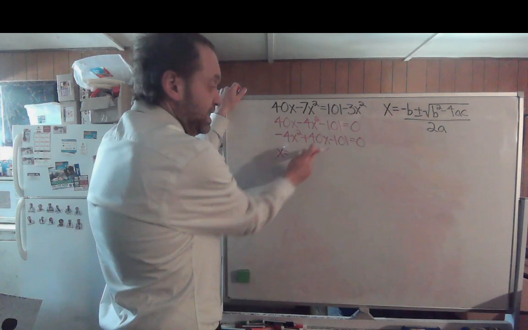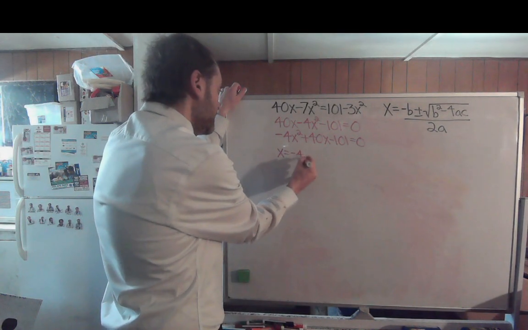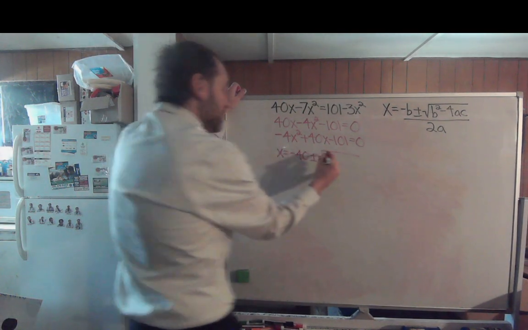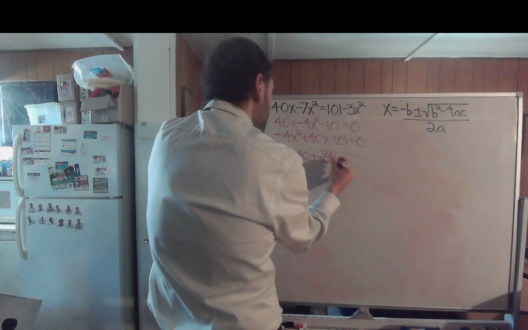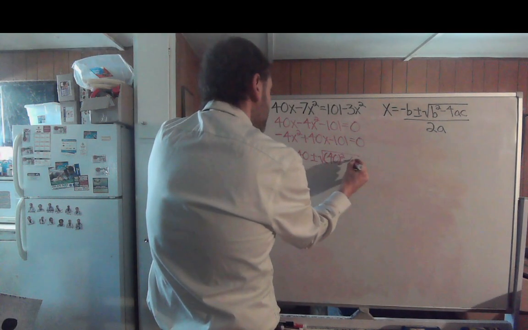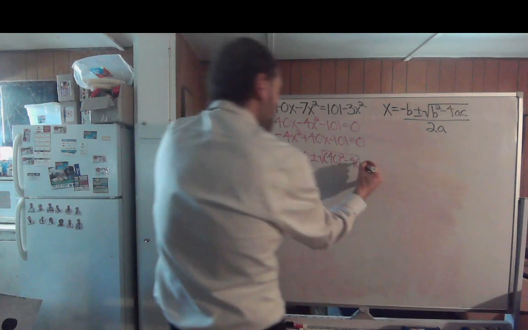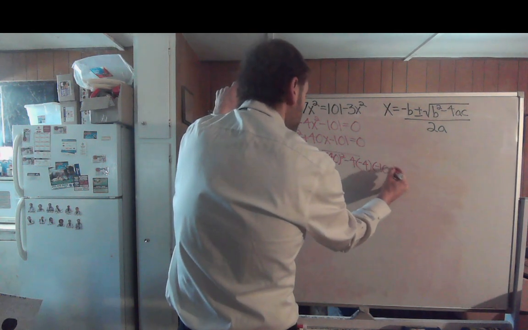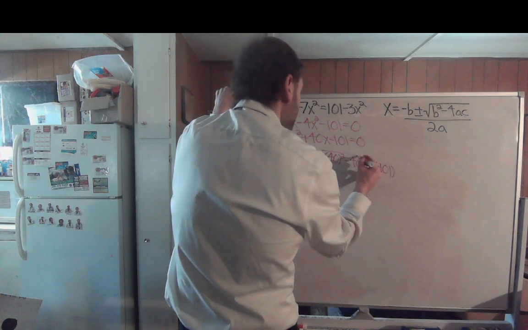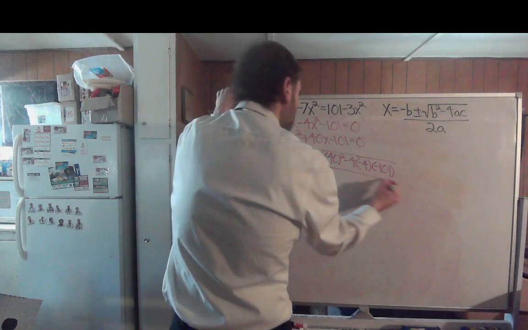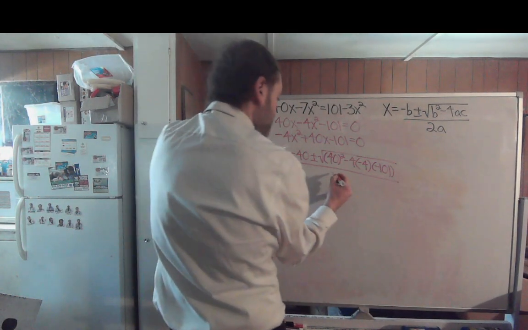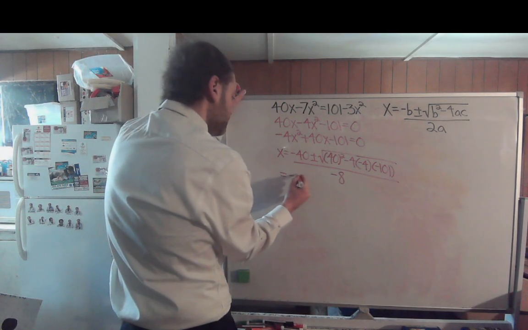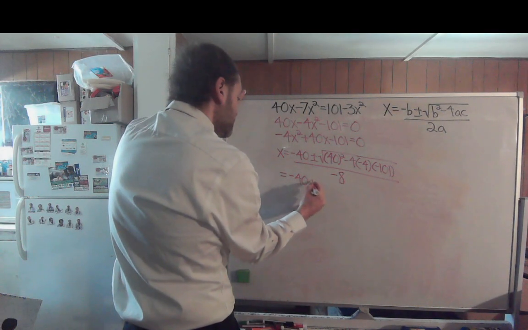X equals the negative of b, that'd be negative 40 plus or minus the square root of your b squared, so that'd be 40 squared, minus 4 times your a of negative 4 times your c of negative 101, all over 2 times your a of negative 4, that'd be negative 8,